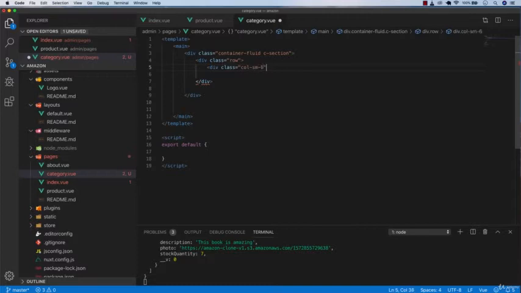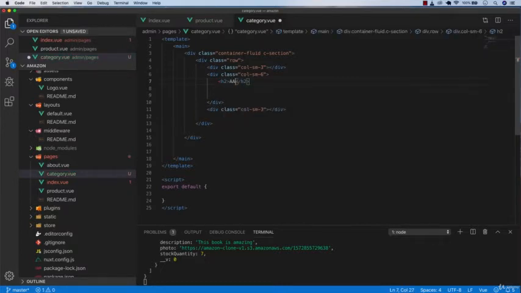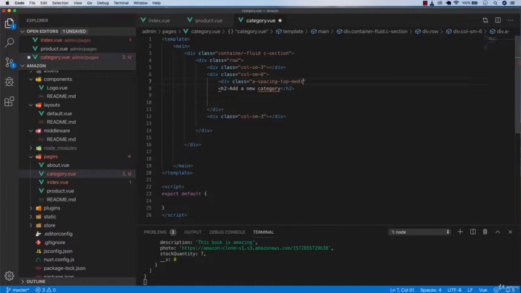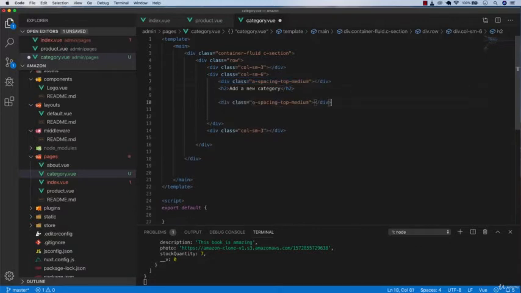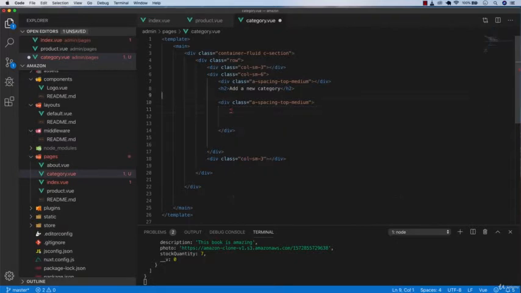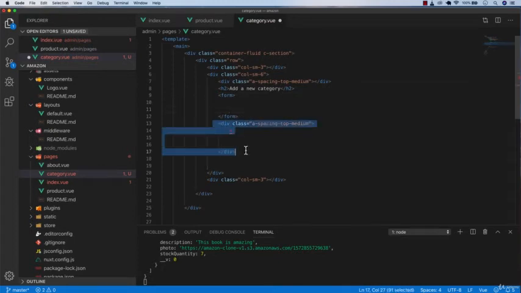It will be very similar to the product view. Copy. It's supposed to be tree. The magic is in here. H2 add a new category, and obviously you want to add a div class, a spacing top medium. Okay, and then you want to copy this, and in here, oh actually it's supposed to be form first, and then only you want to copy this,